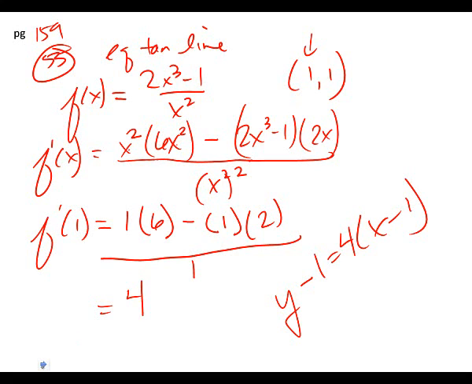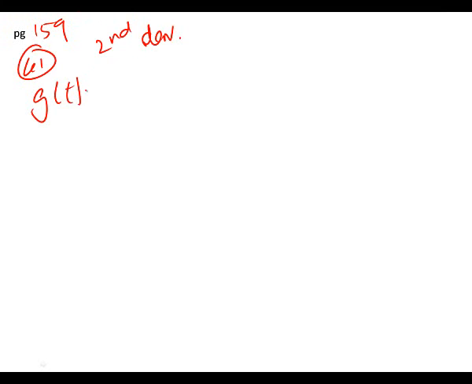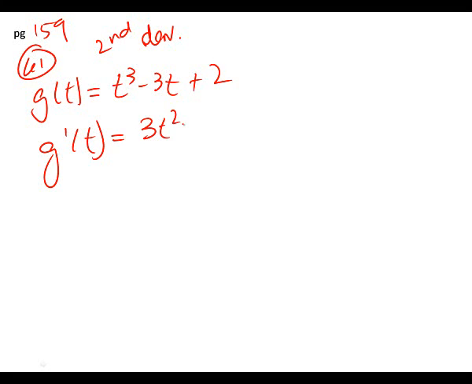All right, we good? Okay. The next one's still page 159. Lots of derivatives. What number did we just do? 55, so this is 61. Find the second derivative. So second derivative is what we're going for. g of t equals t cubed minus 3t plus 2. g prime equals, so what's my first derivative? 3t squared minus 3. Okay, and g double prime equals